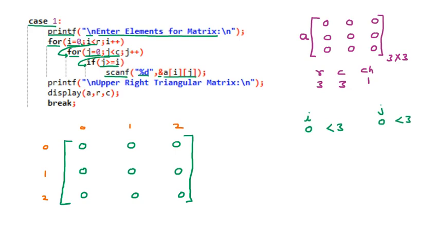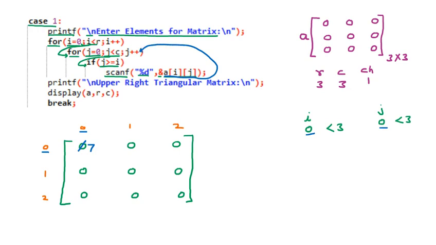So these are the index values. Now once we are asking for the input of a[i][j], whatever the user gives as input is going to take that value. Right now the value of i is 0 and j is 0. So at the 0,0 position, whatever the user enters, let us suppose I have entered 7, this 0 will be updated with the 7. Afterward, it is going back.